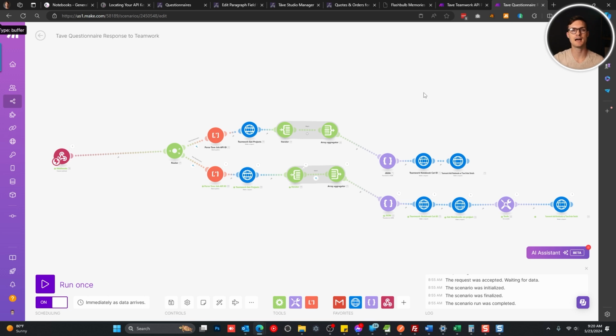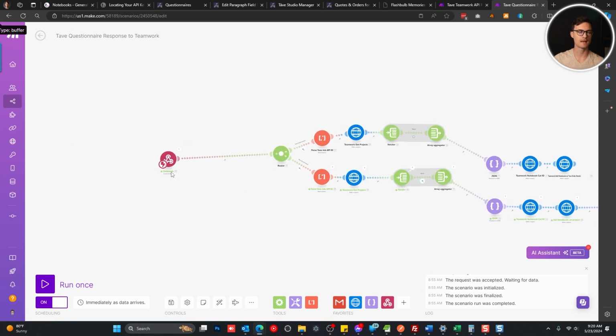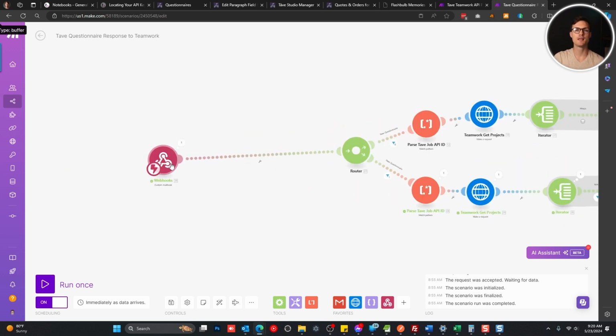So right now, Tave does not have a way to pass questionnaire data through via the API. And if we're passing custom field data through, it's very, very complicated and convoluted in terms of referencing that data. And also you're stuck with stuff that you can't get if the questionnaire is not assigned to a custom field. So the way to get around this is to actually set up a mail webhook in your make.com account that's